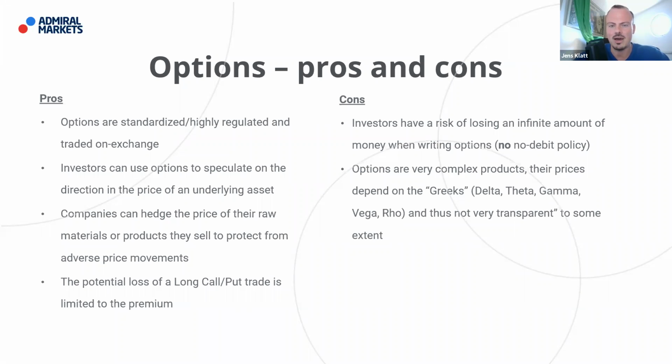like theta, like gamma, like vega, like rho. So these are the Greeks we look at here. And so this is also a big plus when it comes to futures, but also especially when it comes to CFDs, because these are usually very transparent products. So you look at them and you know the price and whether it's fair or not.